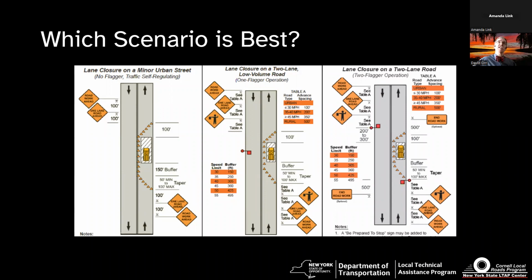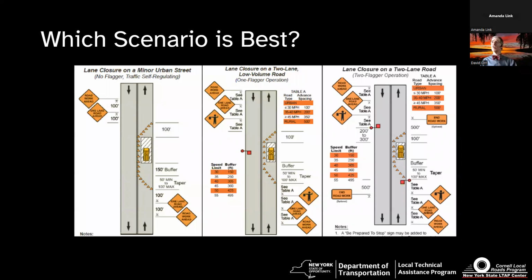Yeah, it's a 2-lane. It's clearly a 2-lane. Don't go down the temptation. Oh, we can get away with 1 flagger. Don't use the temptation. Oh, well, it's a minor urban street, because it might be minor compared to maybe the state highway. Anytime you've got traffic volume above 400 vehicles, start thinking about 2 flaggers. And anytime you got speeds up above 30 miles an hour, you really want 2 flaggers for reaction time. So yeah, I know we all do it. I know we all do 1 flagger situations, but really, please think about 2. And if you are doing 1, make sure you do it well.